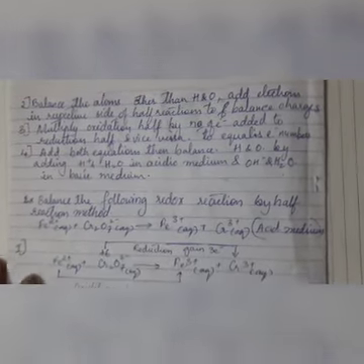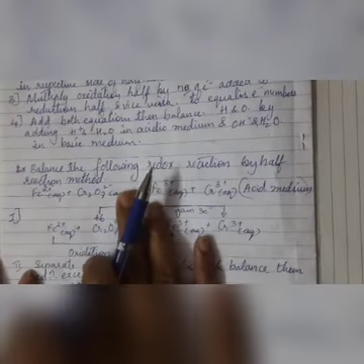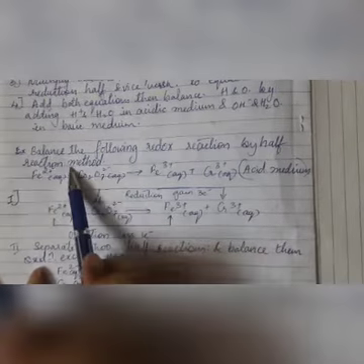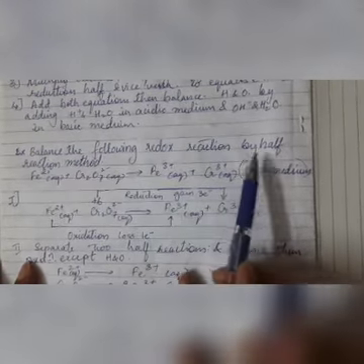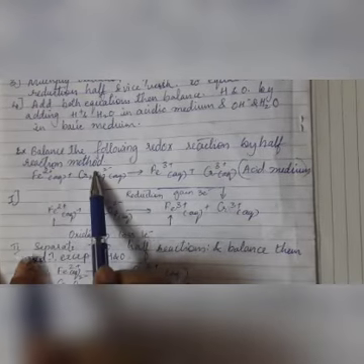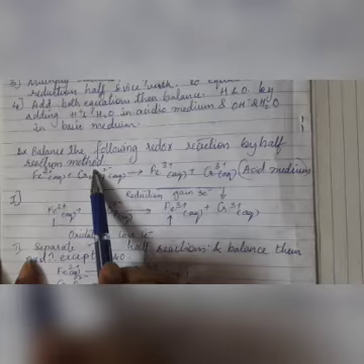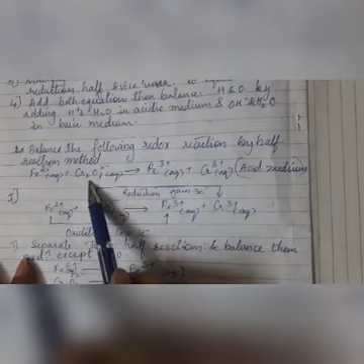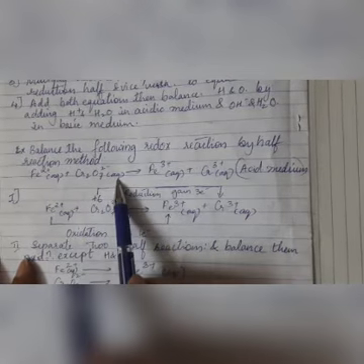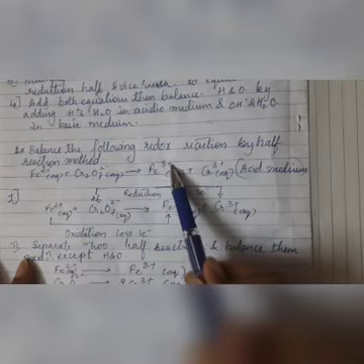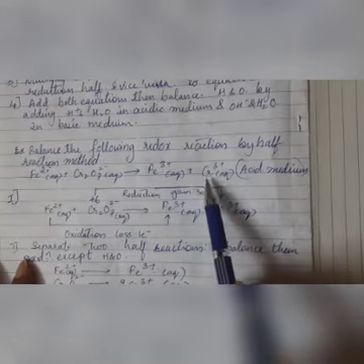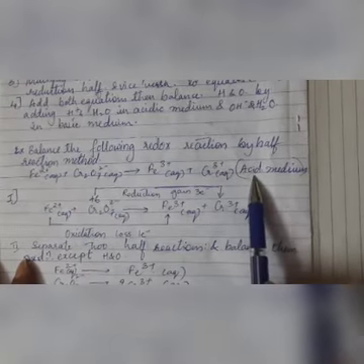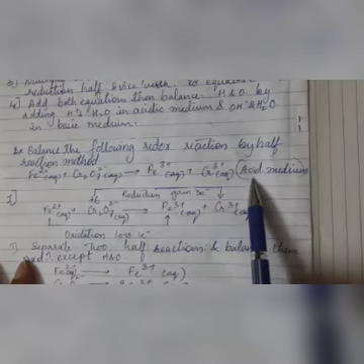Now let us take some examples and solve by the half cell method or half reaction method. So let us take the example. Balance the following redox reaction by half reaction method. Now in this half reaction method, the given equation is what? It is Fe 2 plus in the aqueous medium plus Cr2O7 2 minus in the aqueous medium will give Fe 3 plus in the aqueous medium plus Cr 3 plus in the aqueous medium. This reaction is taking place in which medium? In the acidic medium. So this is necessary.